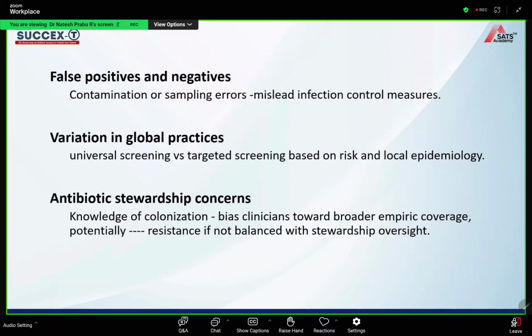Contamination or sampling errors can mislead infection control measures. There is also variation in global practices, that is universal screening versus targeted screening based on risk and local epidemiology, and antibiotic stewardship concerns. Knowledge of colonization biases clinicians towards